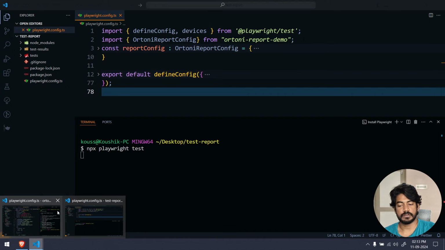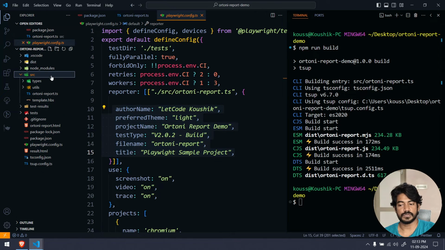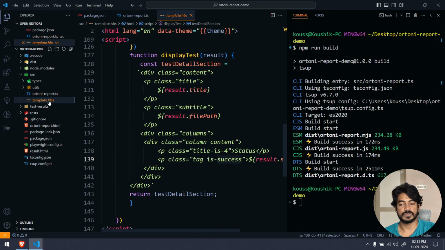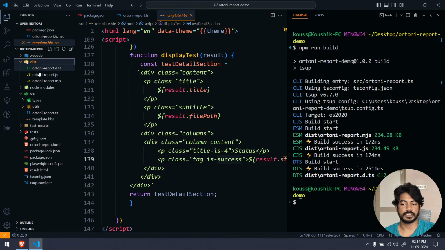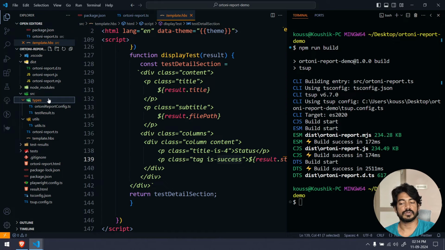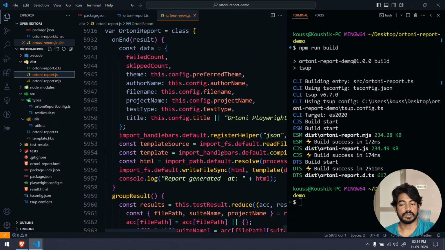if you see in the development project within the src folder, we have this utils, we have this hbs file, the template is there, right? But the template is not there within our dist folder. This utils and this types will also be there within the js file. So if you go to the js file, and here you can see like